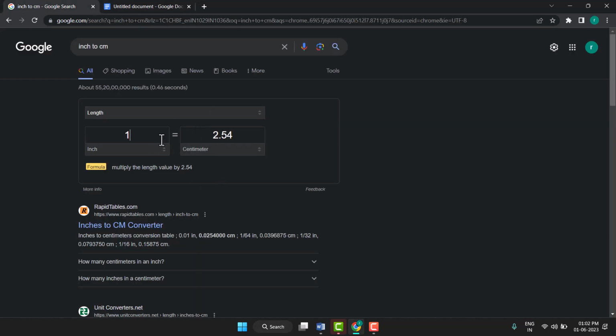So in the Chrome browser you need to search "inch to cm", inch to centimeter, and here you need to set 1-inch margin. So type here 1 inch. So 1 inch is equal to 2.54 centimeters. You see here, so just copy this centimeter value